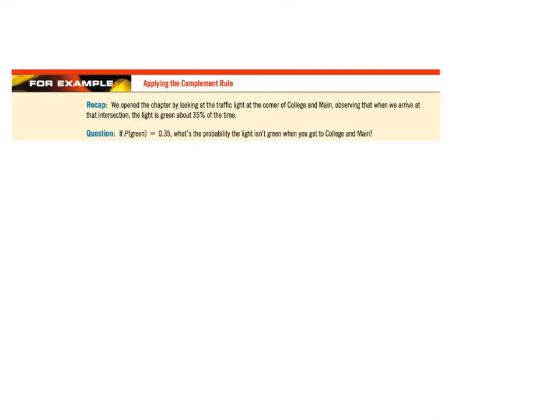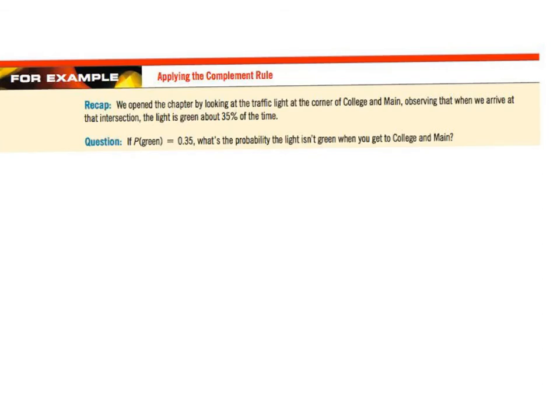Okay, so we are going to go through a few textbook questions here. In chapter 14, it talks about a stoplight example. It says, we opened the chapter by looking at the traffic light at the corner of College and Main, observing that when we arrive at the intersection, the light is green about 35% of the time. So the question is, if the probability of green is equal to 0.35, what's the probability that the light isn't